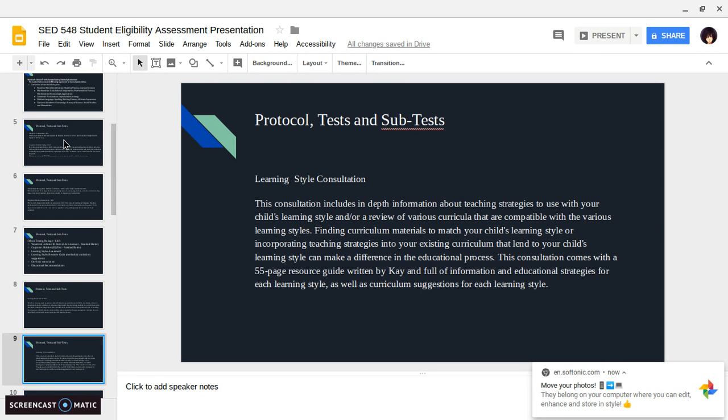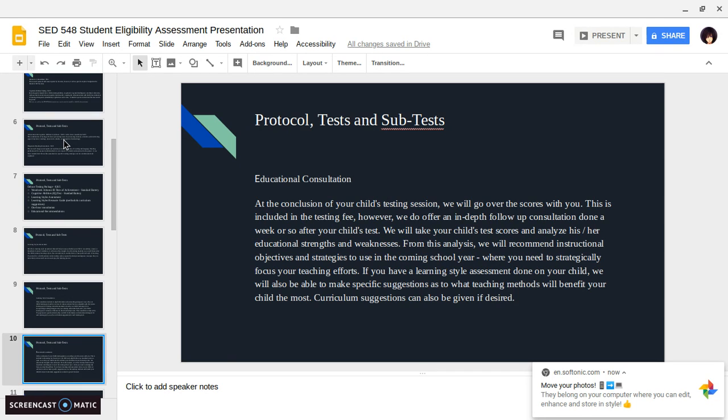The learning styles consultation, like I said earlier, if you pay extra, you get a consultation. And this consultation includes a Woodcock-Johnson professional, usually a psychologist, school psychologist, or a learning psychologist. They give you in-depth information about teaching strategies used with this specific child. And no matter how long you've known a child, it's always good to keep an open mind to listen to different people's observations, especially people who have been in the field. You can dismiss any information that you feel is free, but it's always good to document anything that you get